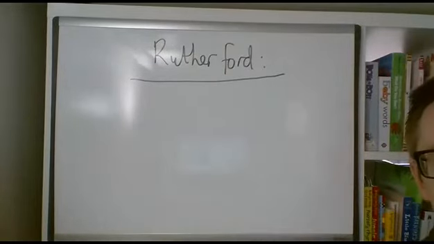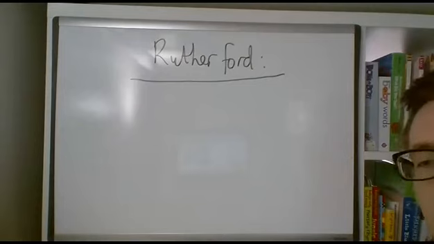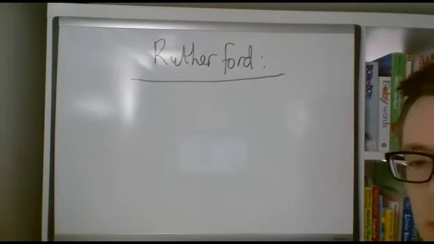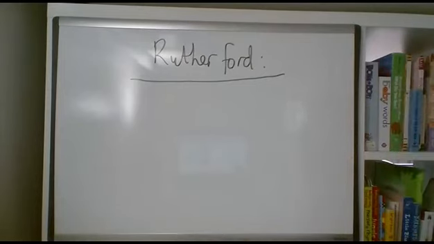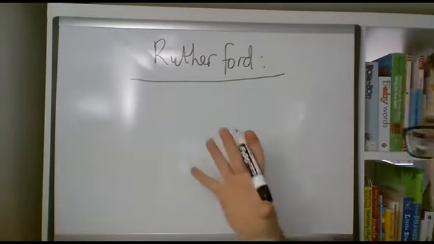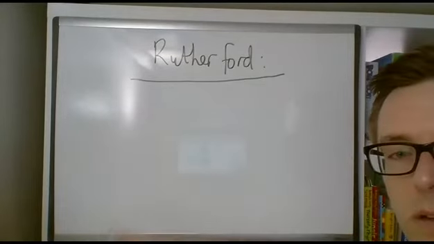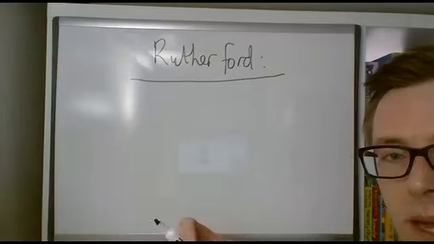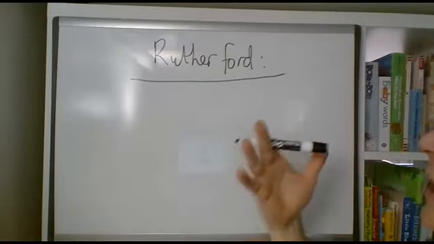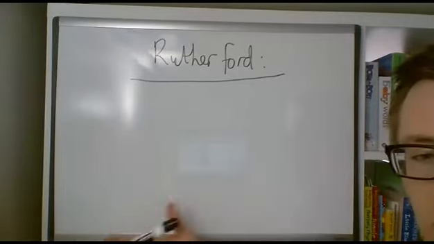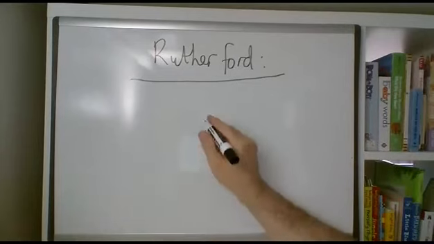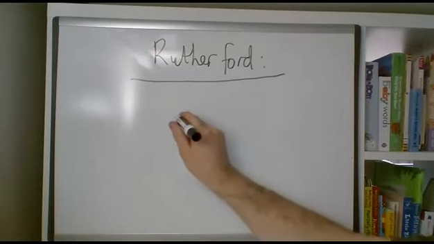Rutherford was the third model of the atom and the last classical mechanics model of the atom. Thompson took Dalton and added a feature found from an experiment. Rutherford took Dalton and added a feature found from an experiment. So we're going to start with